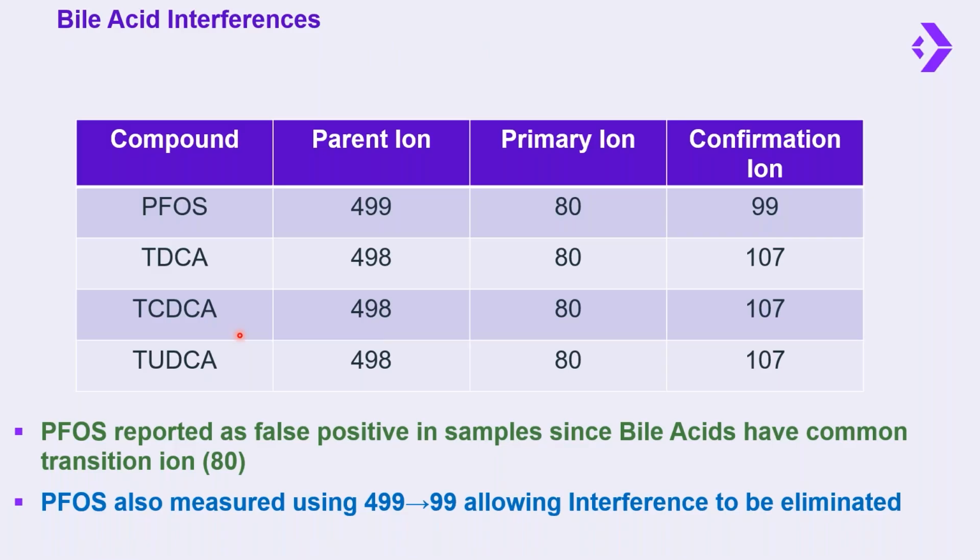So when the lab reanalyzed this sample on the instrument that had conditions set up to separate the bile acids from PFOS as required in EPA 1633, this analysis successfully resolved the interference peak, as we can see, because there are now ion ratio and chromatographic patterns in conformance with the PFOS calibration standard in the reanalysis. Now, it's not conclusive evidence that TDCA was present as the interfering compound on PFOS in that original analysis, but it's highly likely that that was the case.